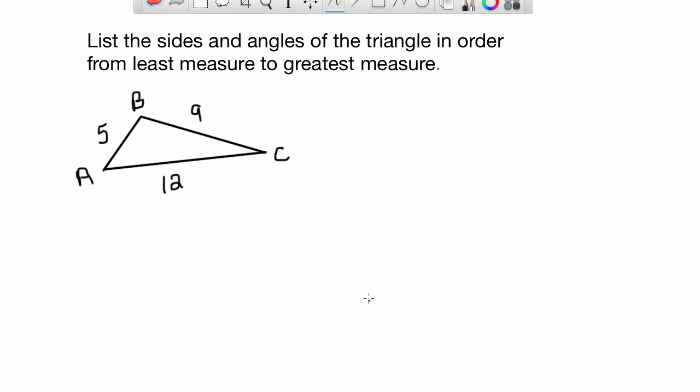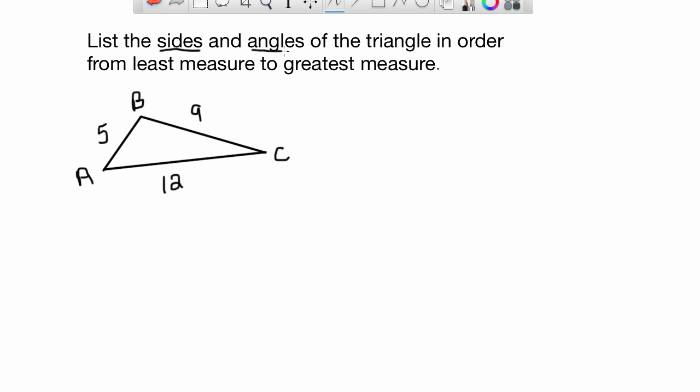Okay, so let's take a look at this next problem here. I want you to list the sides and angles of the triangle in order from least measure to greatest measure. So what I'm going to suggest you do is that over here on the side, since they're asking you to list the sides,